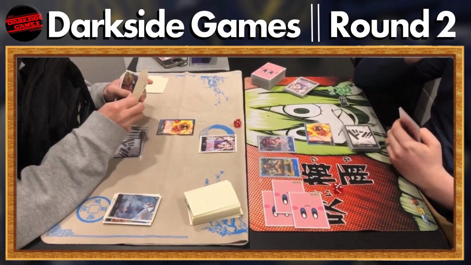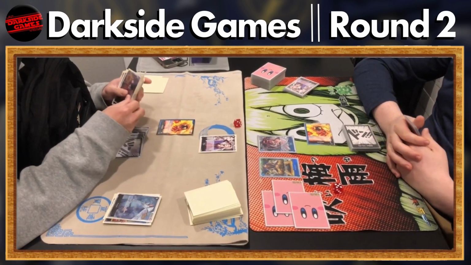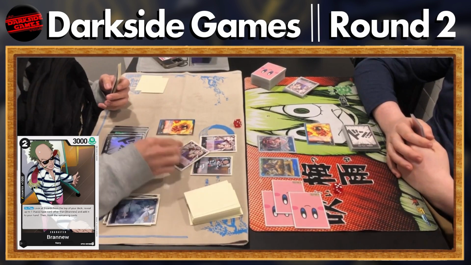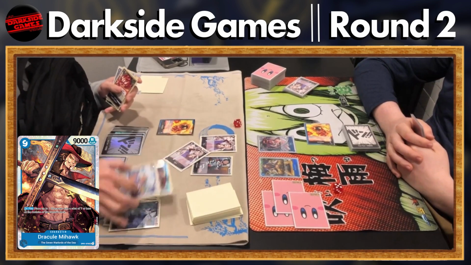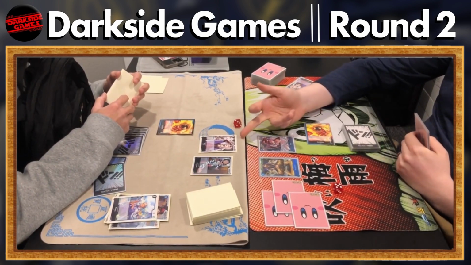They don't necessarily have a ton of top end, but I don't think you need a lot of top end in this matchup. There is a Great Eruption that you can use to reduce costs. You could use Brannew to look for something else to potentially reduce costs, and that's what he's going to start doing. There is a Dracule Mihawk in there, so he won't be grabbing the Dracule Mihawk, getting the blue Hina, but this is an interesting tech card that some Sakazuki players can play,